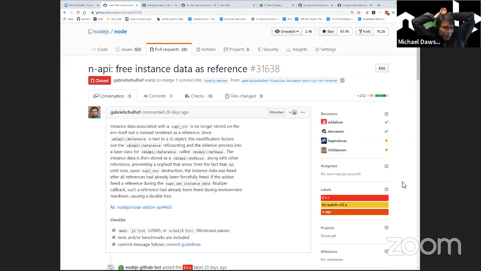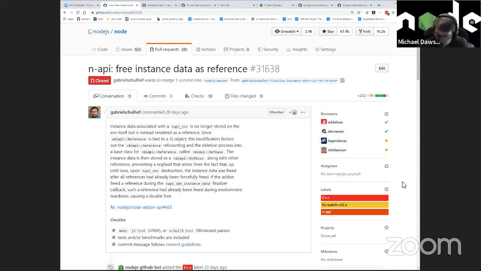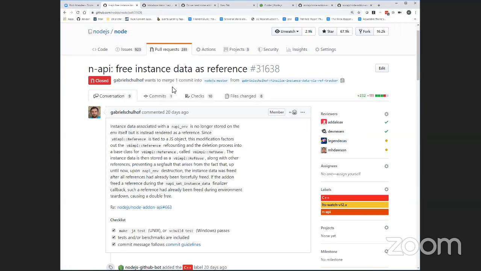I mean, that sounds like that would have been true for regular add-ons as well, right? Oh, absolutely. Yeah, it's not a regression in any way. It's just this improvement will likely not make it to 10. Sure, which is fair. But as long as we have it in master and 12, then we can cautiously proceed with the instance data implementation on